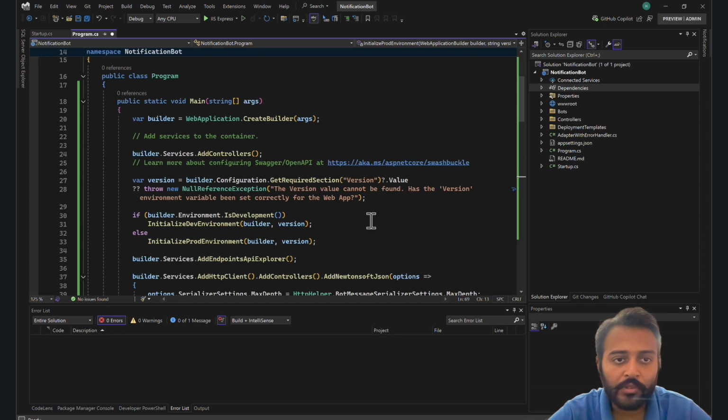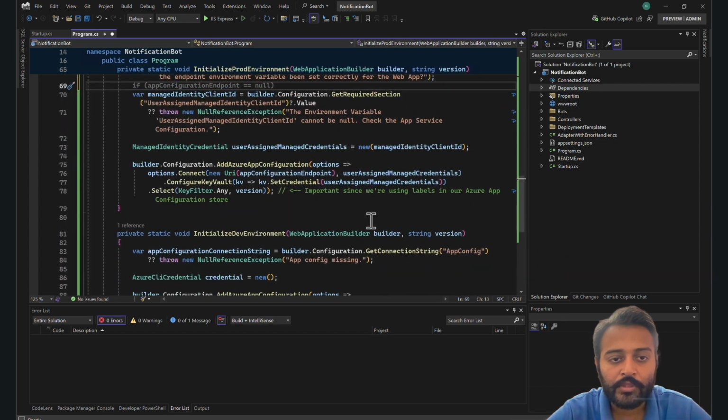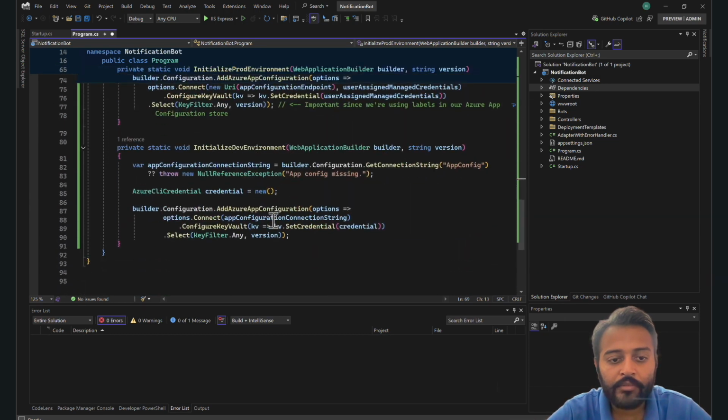During the development work, I'll get all my secrets from the Key Vault. And how will I be authenticating? Using the Azure CLI. So I should get myself a role in Azure Key Vault to retrieve the secrets from the Key Vault. So that is for the development requirement. So here, under the dev environment,